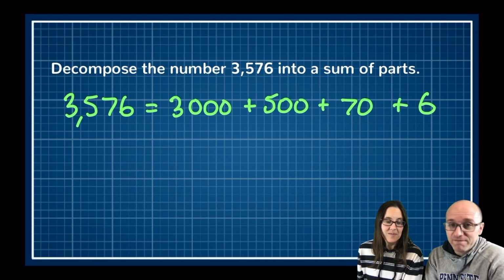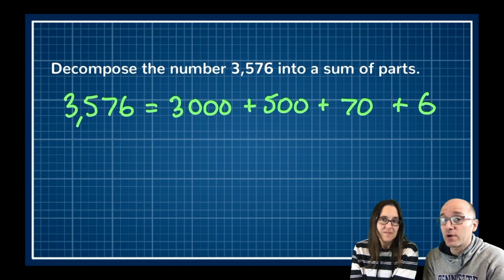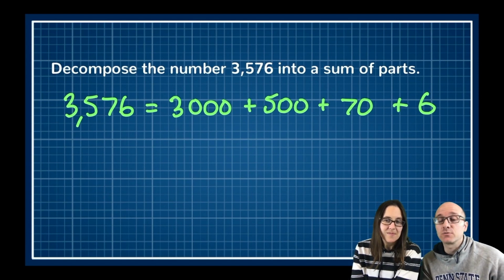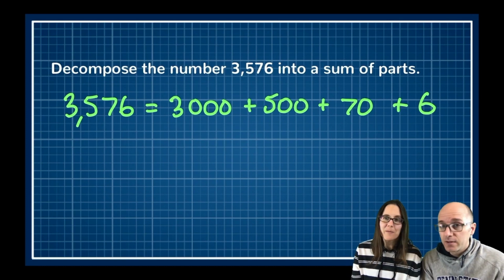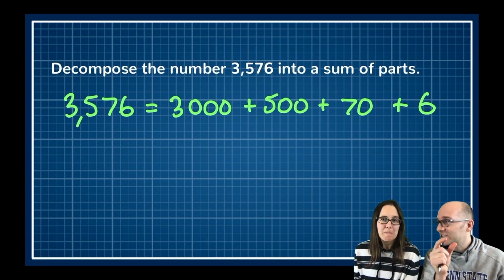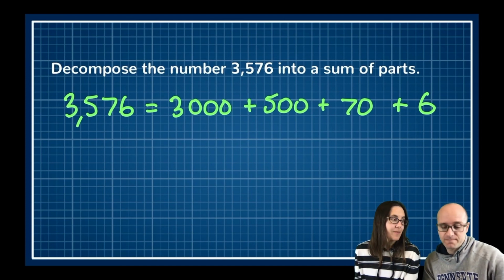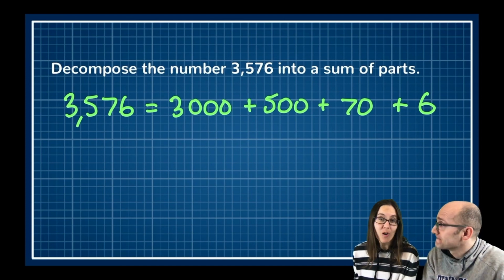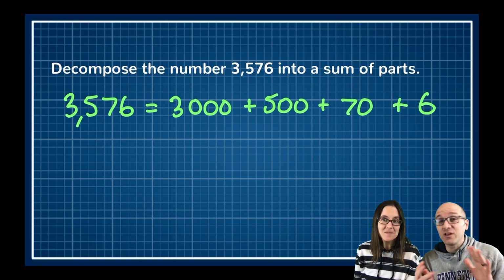We say that the 5 is in the hundreds place because it represents a 500. The 3 is in the thousands place because it represents a 3,000. So when someone says the word place value, this is what they're talking about. Yeah, the location of each digit inside of a number and its actual numeric value. And this is pretty important for all the other stuff that you understand in math, right? Absolutely. You can't really understand the numbers without understanding the way place value works.